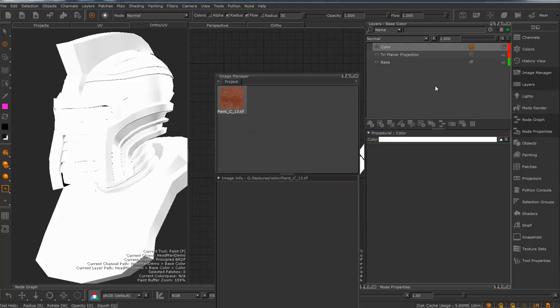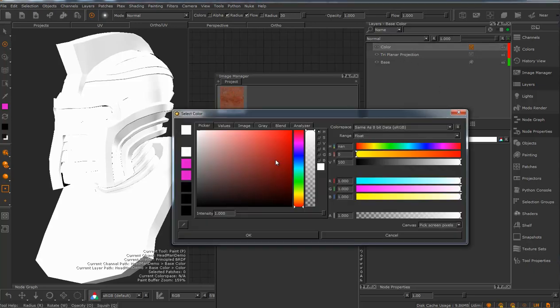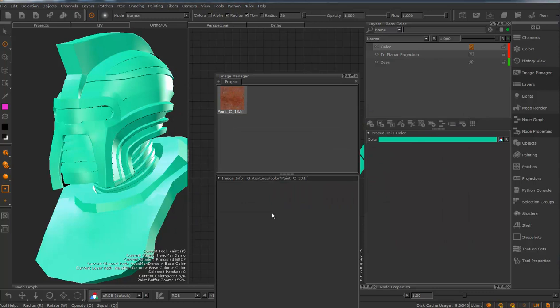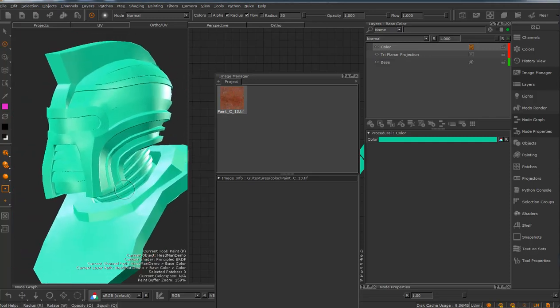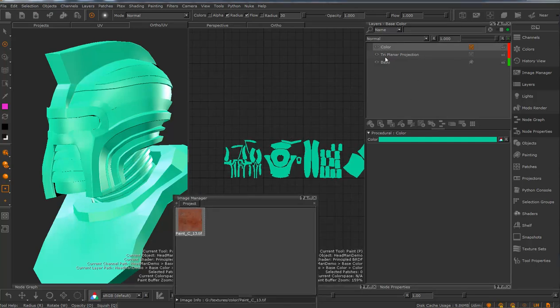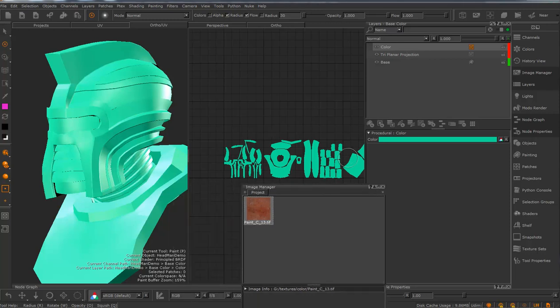Oh, it's still white. Let's go over here and try that again. Sure, that looks great. I'm just looking for contrast. Okay, so now that I've got that on there, I've got color over the whole thing. I could have painted that color all over my UDIMs on a new layer, but it's a little bit faster, depending on how many pieces you've got, et cetera. And then what I might do is I want to reveal some of that